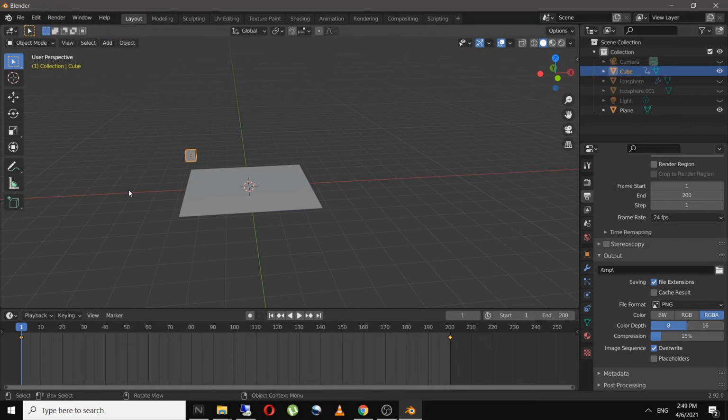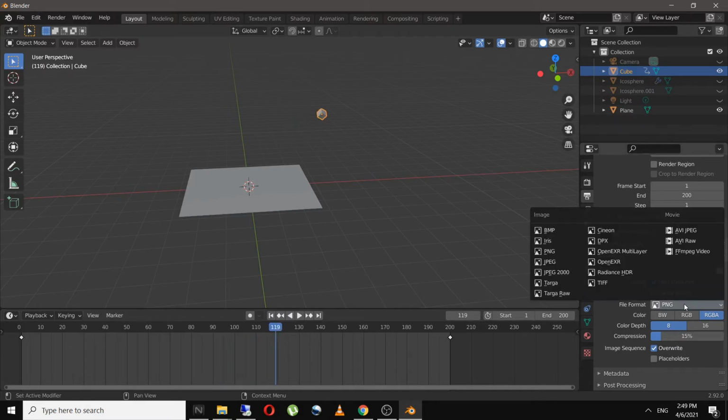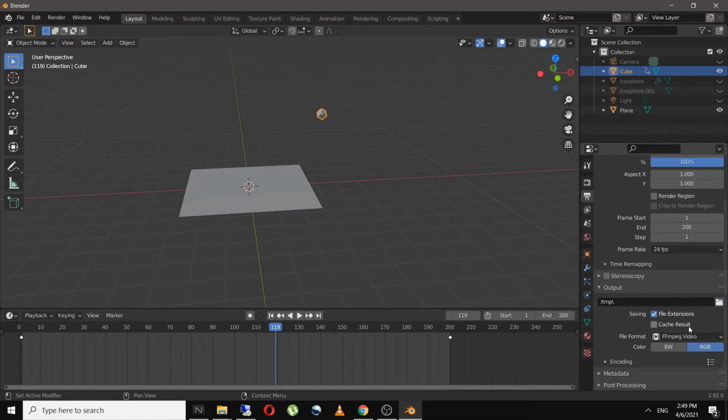If you select the PNG, every frame will be converted into a PNG image. In this example, 200 PNG images. For example, your Blender is stuck at 120th frame. So you can close all the tasks and reopen your Blender and start rendering it from 121st frame. So this will save a lot of time.